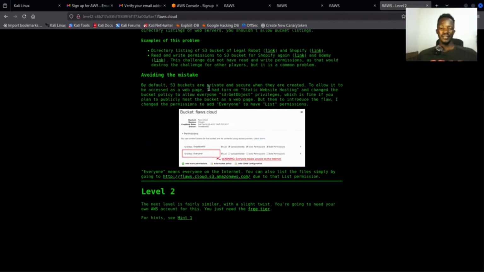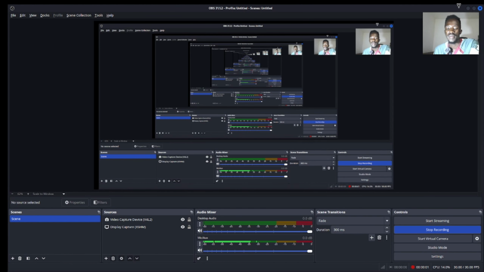It's just explaining what we've learned and all this. The next level, level 2, is fairly similar with a slight twist. You are going to need your own AWS account. Mark this, own AWS account. So AWS gives you what are called free tier accounts, an account you just set up and it's free. It's easier and